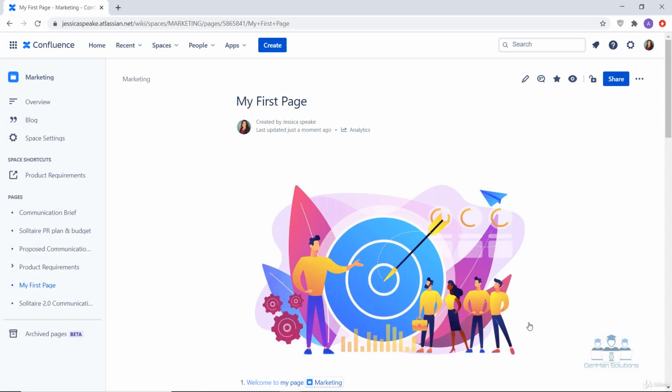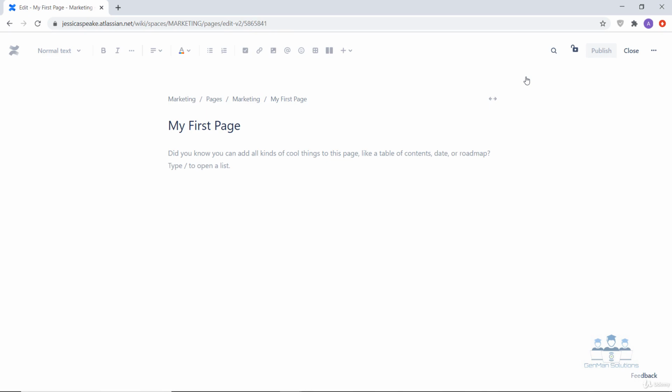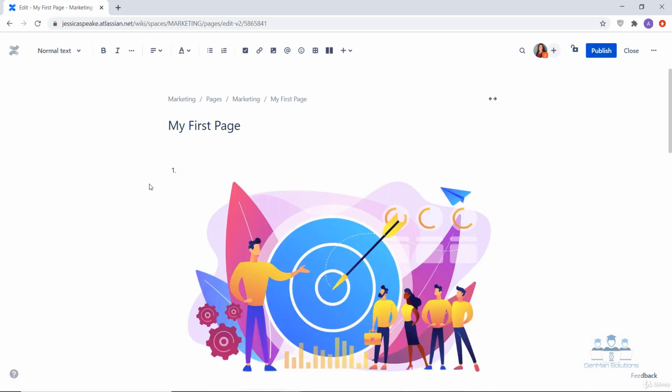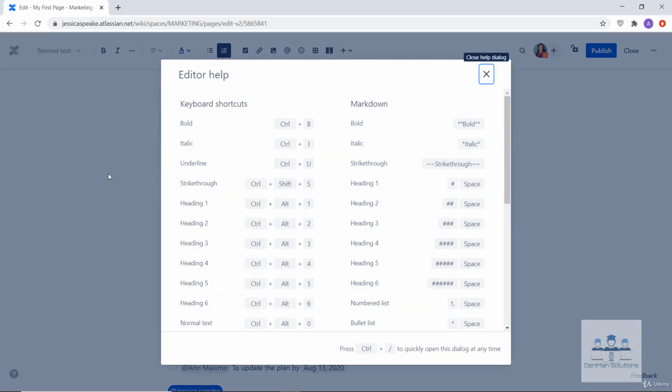Now when you are editing a page, in case you want to know the keyboard shortcuts to be used on the editor, you can either press Ctrl plus / to view the keyboard shortcuts applicable on the editor.